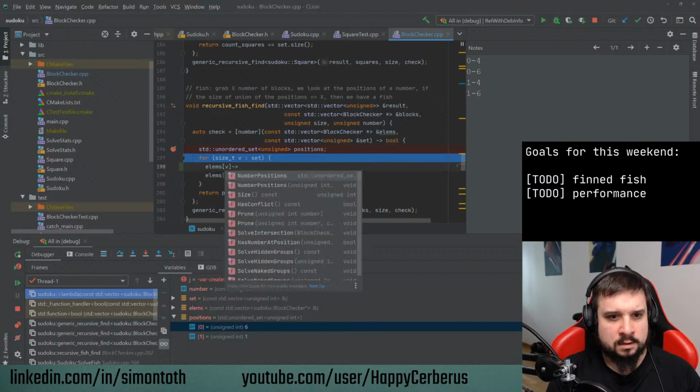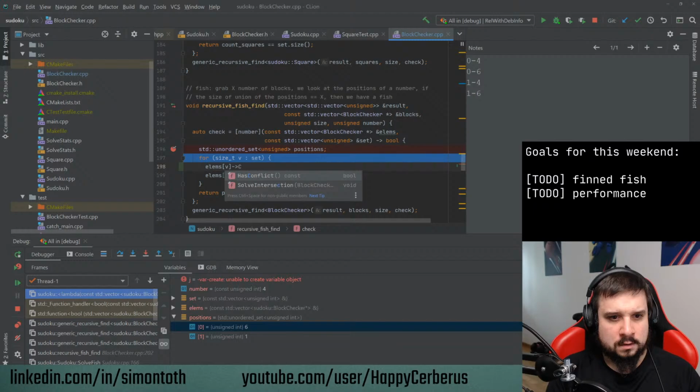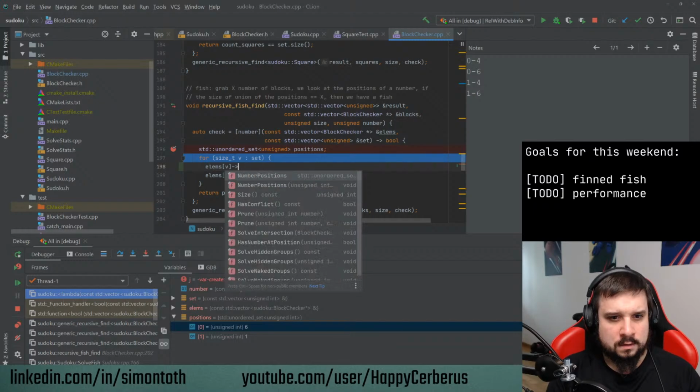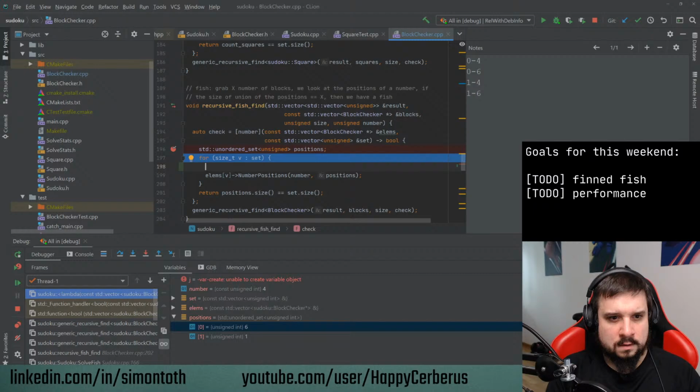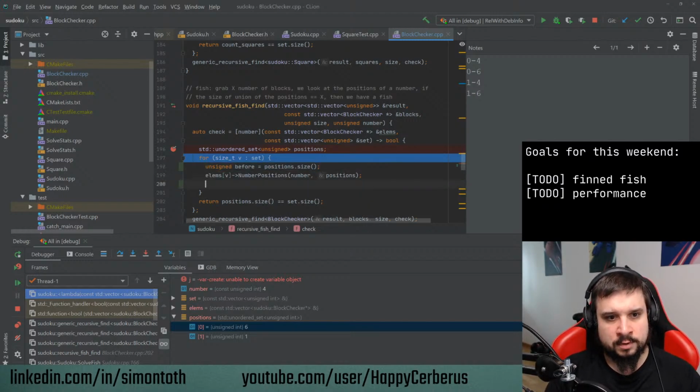Basically here, how do I do it? Let's do it this way. So I remember the count of the number of positions before I add the positions from this,